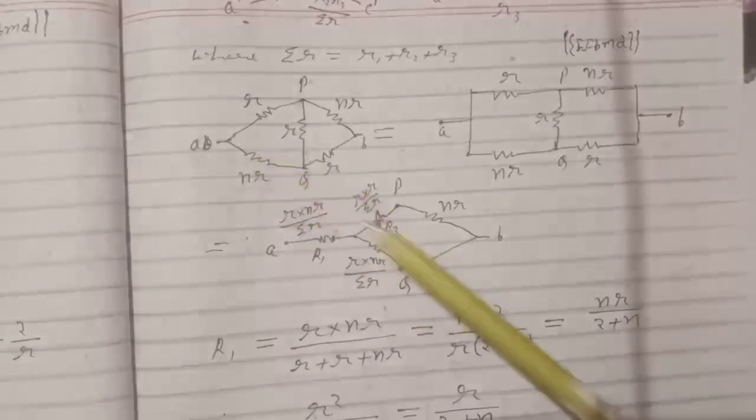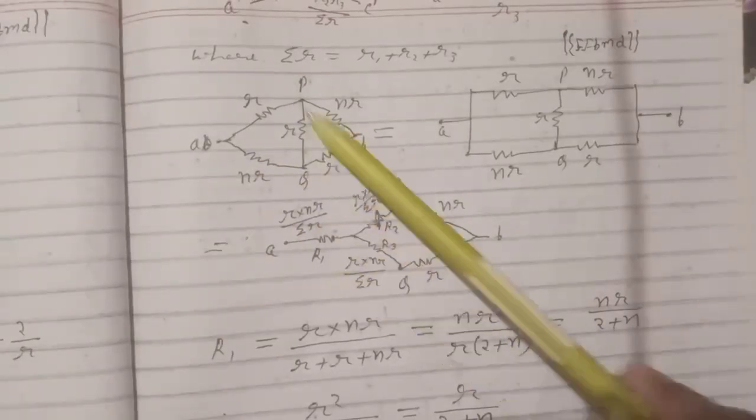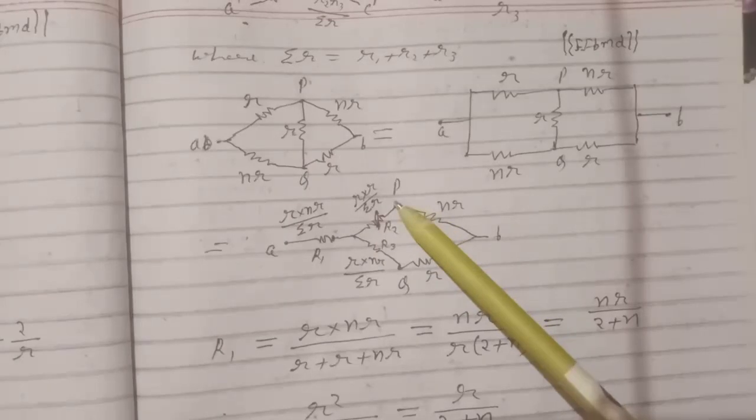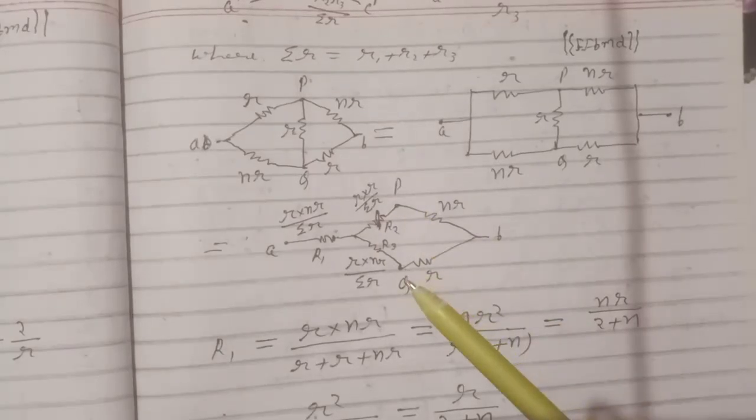Now this delta circuit has been transformed into a star circuit, and this is point P and this is point Q. Now we see that